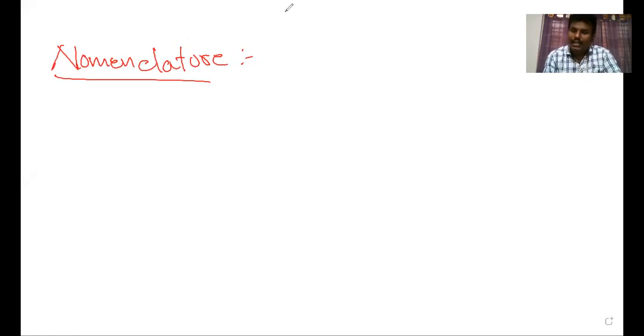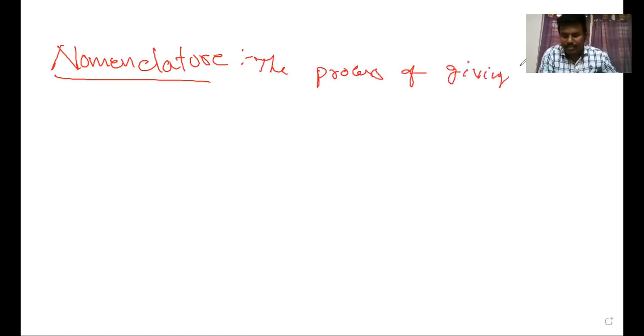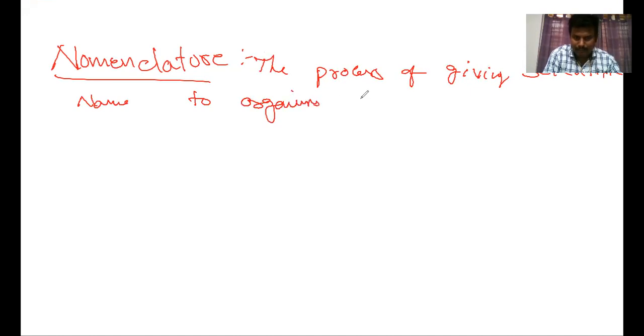Scientific names are given to the living organisms. The process of giving scientific names to organisms is called nomenclature. For example, here the common name of certain plants in different languages,